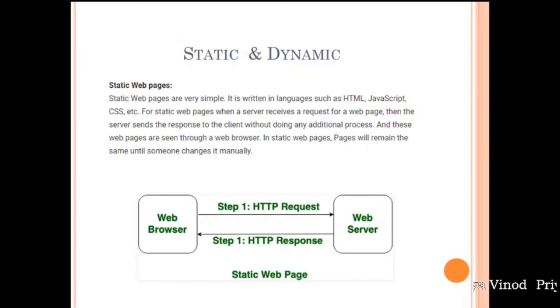Okay. So I hope that what a static web page is actually clear to you. It's just a plain web page. There is no dynamic content, meaning there is no actively changing content. It is sent and received with just an HTTP request and an HTTP response. There is no other background work that is being done to send or receive a static web page.